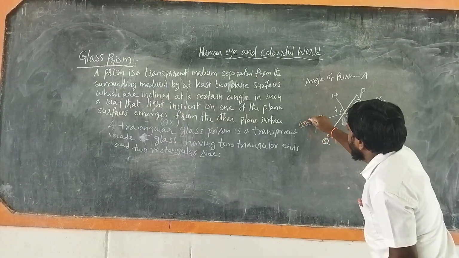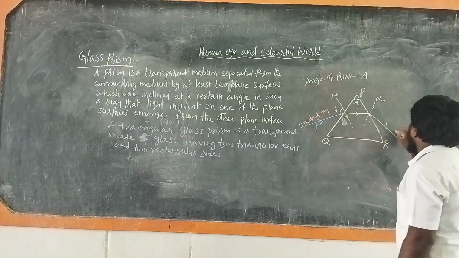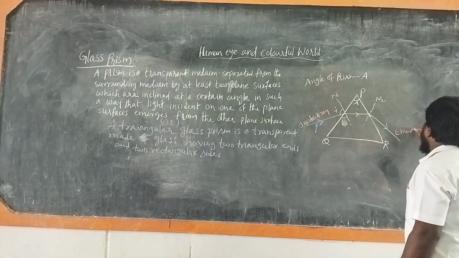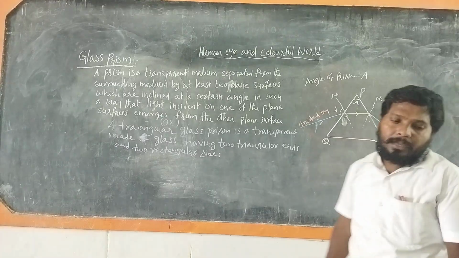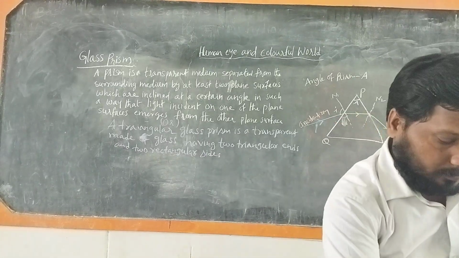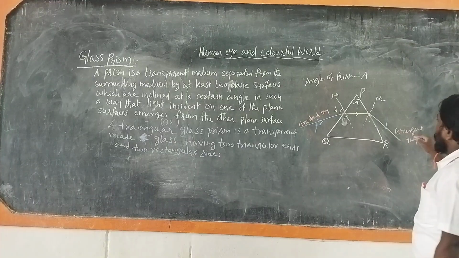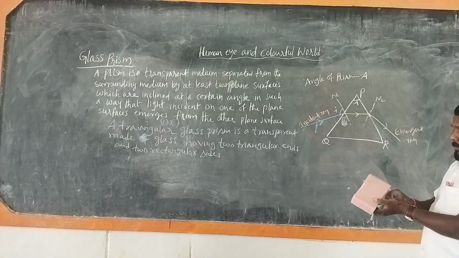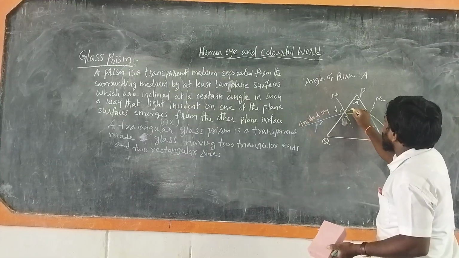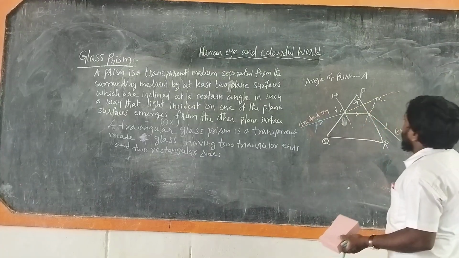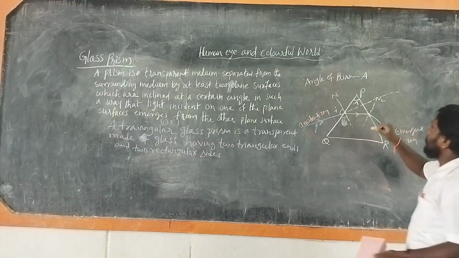Incident ray, then emergent ray. Incident ray and emerging ray. Observe that the emergent ray is the actual path. When you extend this emergent ray,